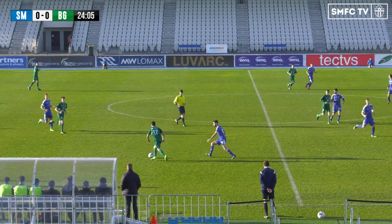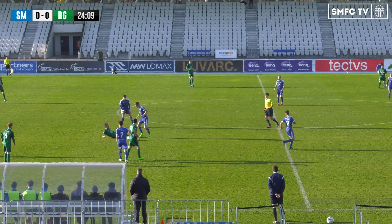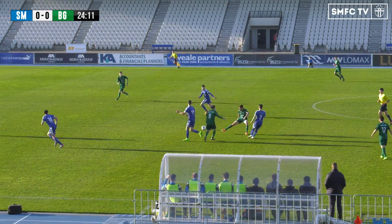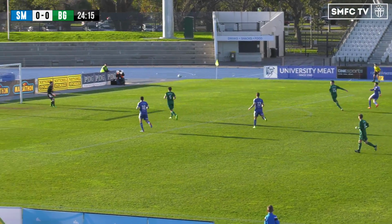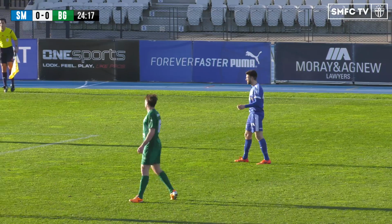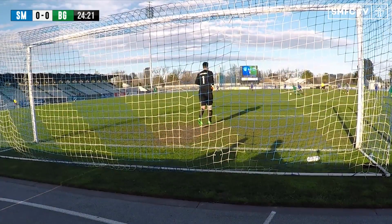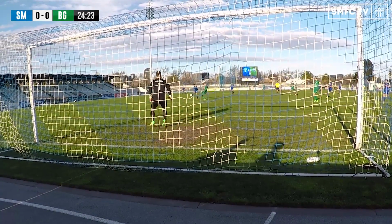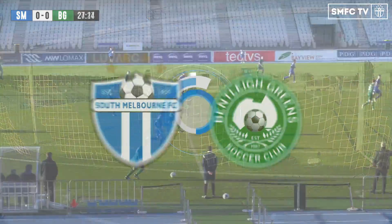Well, plays it to Hatzimuratis, still in the defensive half, however. Ward lost his footing. And now Epifano to Minopoulos. Going to shoot from distance. And it's a good save by Scott. He didn't have to move too far. Minopoulos was on the fly, trying to pad his highlight reel with what might have been one of his better career goals, but